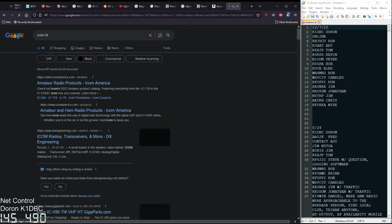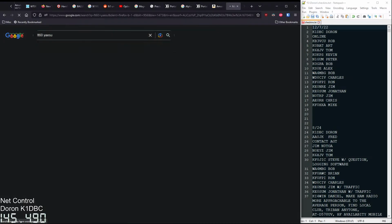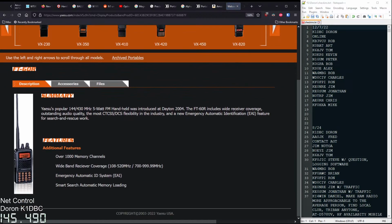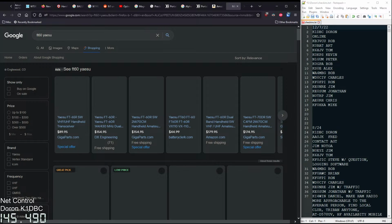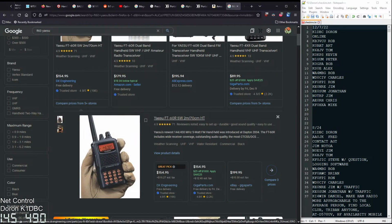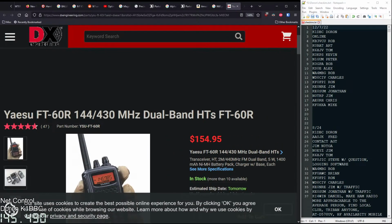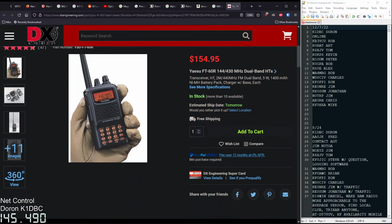My recommendation would be Yaesu FT60, Fox Tango 60. Good basic dual band handheld, ruggeder than all heck. It's a little bit bigger, bulkier than the Baofengs or some of the other Chinese ones, but they do a good job. Right now I own 2 of them, but they're a good unit to use. They don't have all the fancy stuff on them, but it's a good entry level radio,